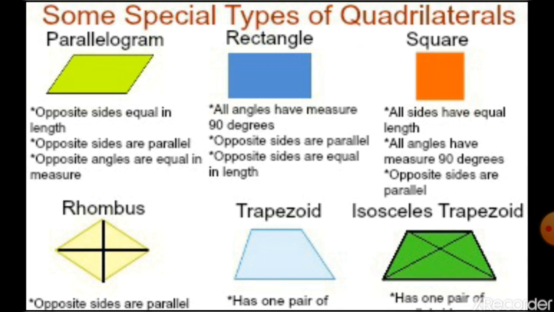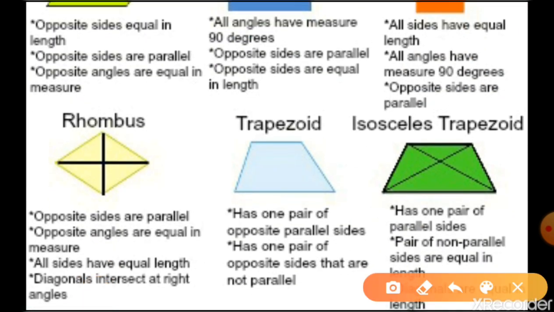Now move to the rhombus. The rhombus has some properties like the parallelogram and some properties of the square also. All the sides are equal, opposite sides are parallel, and on the basis of angles, opposite angles are equal. If we talk about the diagonals, the diagonals are not equal but bisect each other at 90 degrees. This is the third property on the basis of diagonals.